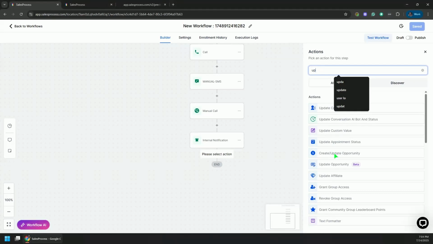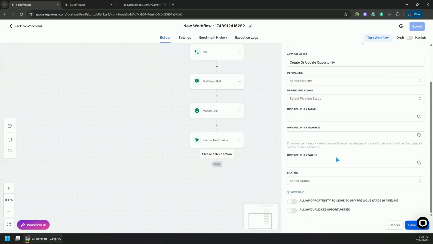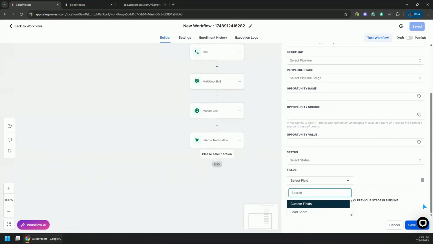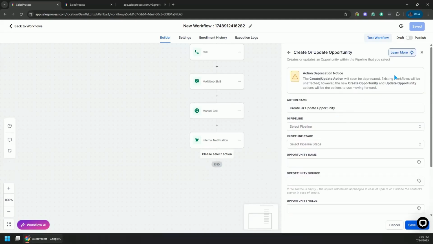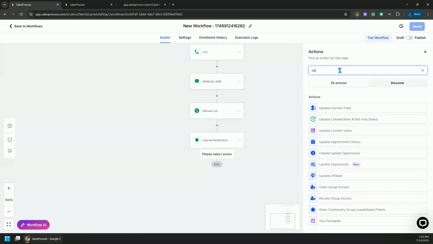Where is create update opportunity? In there we can add lead source. We can add only lead source, opportunity value, opportunity source, opportunity name, pipeline, and so on. One of these actions should have the